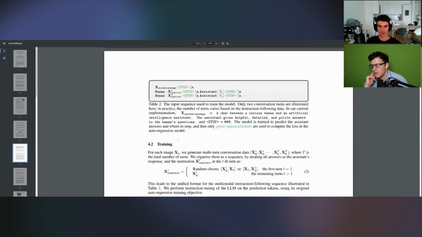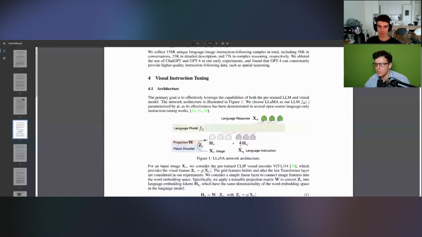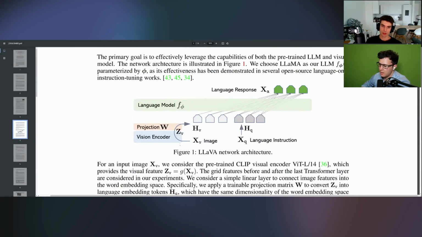Okay, by the way, can we check the architecture, because I didn't really understand that part. So we have the image, we run it through a vision transformer, and then we use a linear layer to project. What does the projection layer do? It takes the embedding and, I guess, does two things at the same time. From the visual encoder, you take a tensor of size batch size, the sequence length, so the number of tokens, and then the embedding size, right? Then maybe the embedding size used in the visual encoder is different from the one used in the language model, so you need to project to a different size. Oh, so it's just a mapping? Yeah, the mapping is correct,